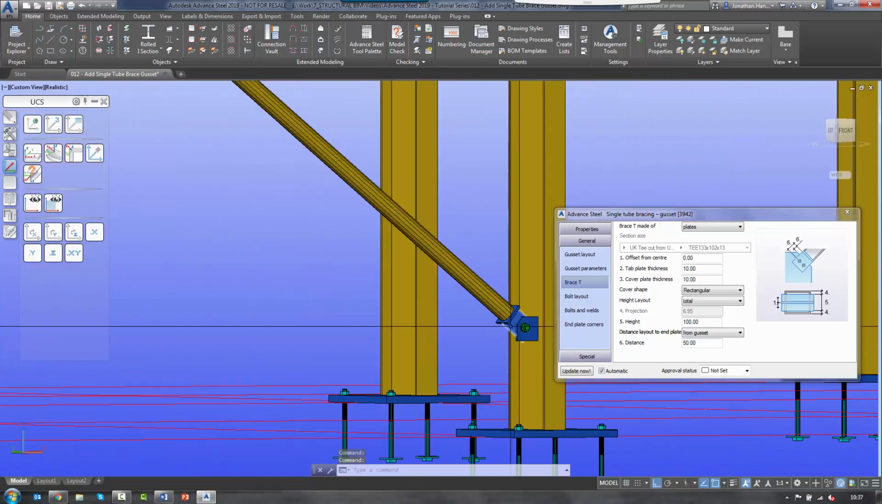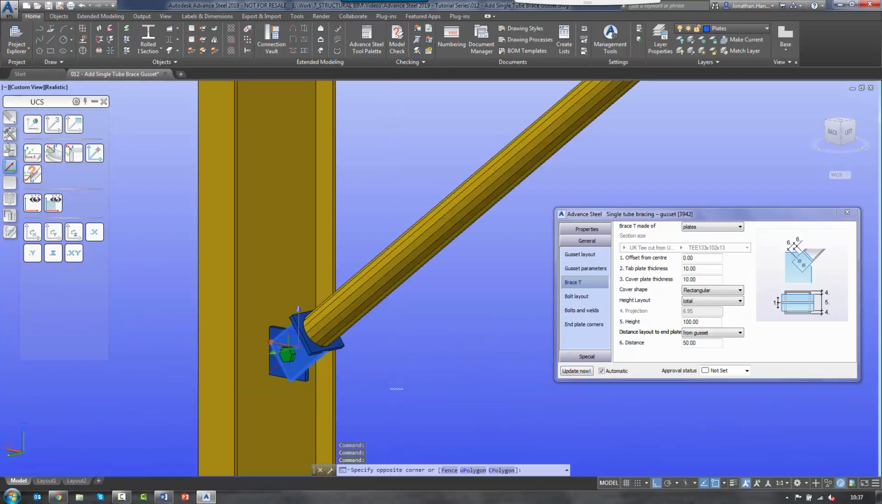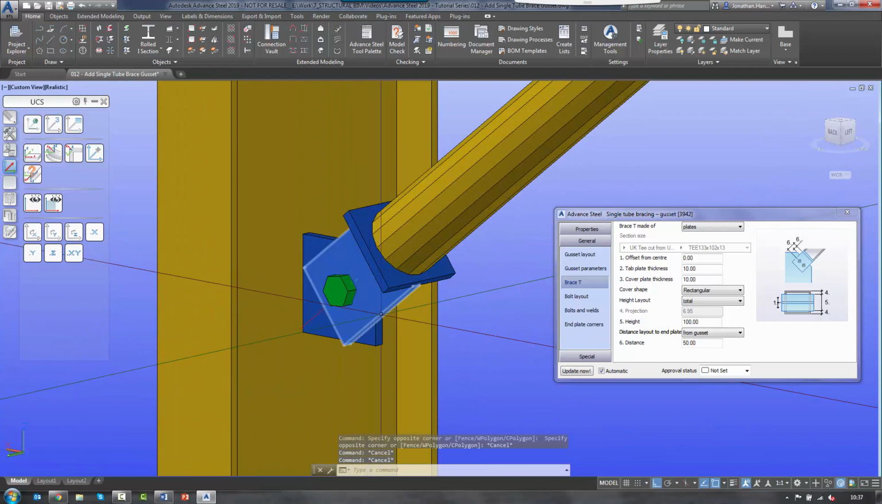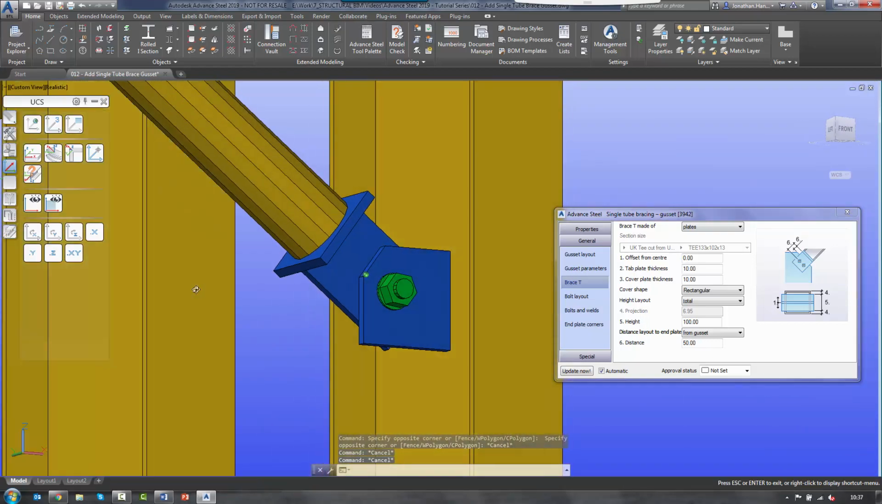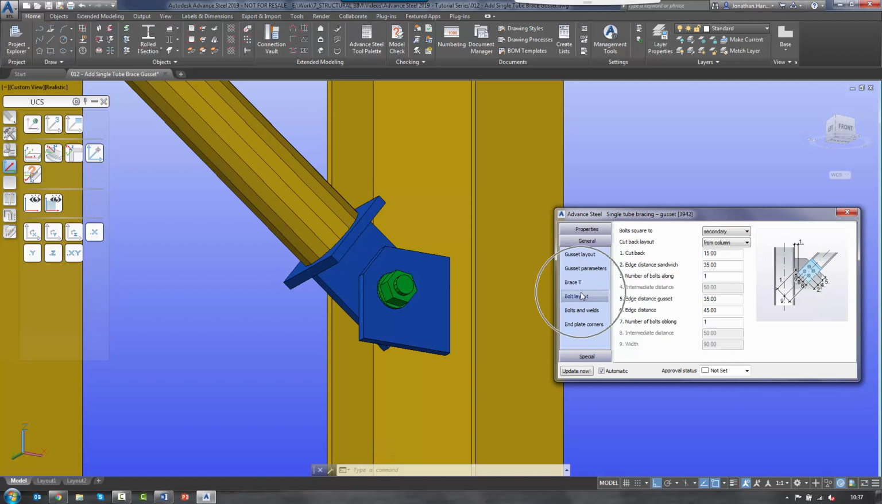So if I just select it and orbit around that edge. So that's currently the size that I'm working on. I might just reduce that down a little bit because I don't really need it that size. Then we have the bolt layout. So we can change that the bolts are square to the main or the secondary, so I'm going to keep it on secondary, it's a nicer